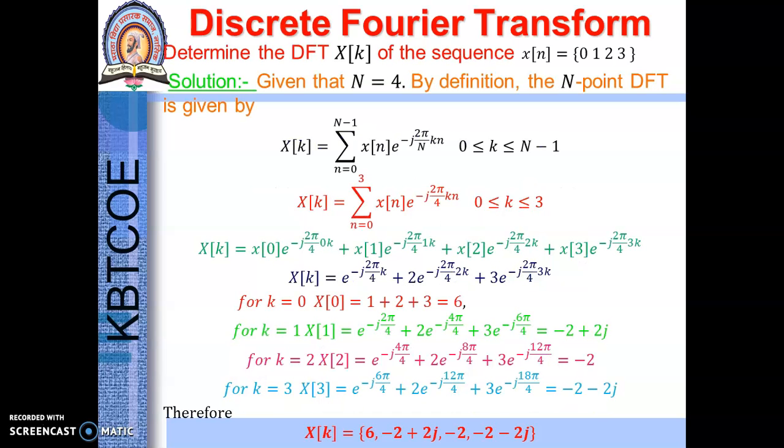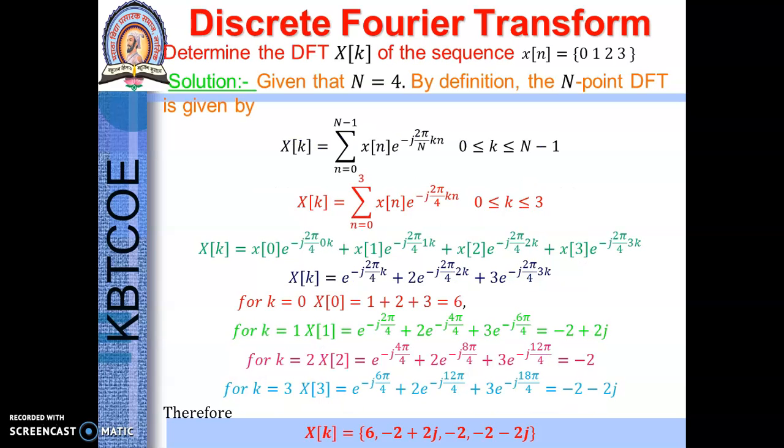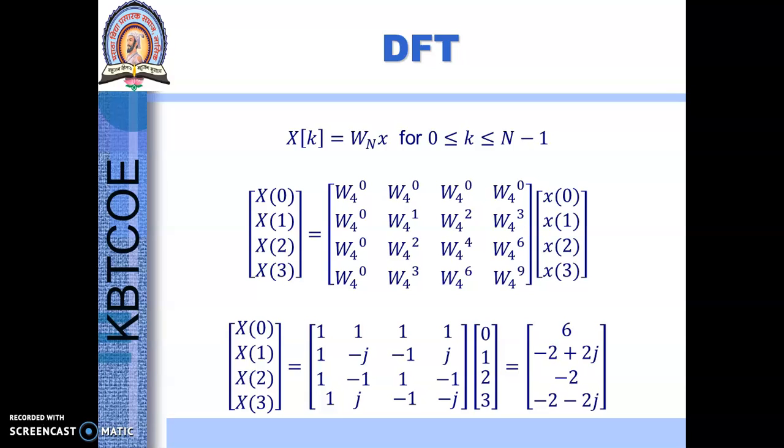But before finding the magnitude and phase values, we can solve the same problem by using the matrix formulation of the DFT. We have gone through the matrix formulation of the DFT. X of k is equal to W suffix N into x. The left hand side is the standard DFT for the given N length sequence. W suffix N is the Twiddle factor matrix, and small x is my x of n, that is the input signal. This is expressed in a matrix formulation that we have studied in classroom theory.